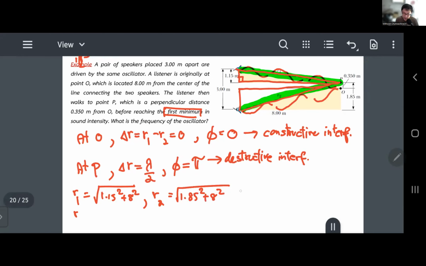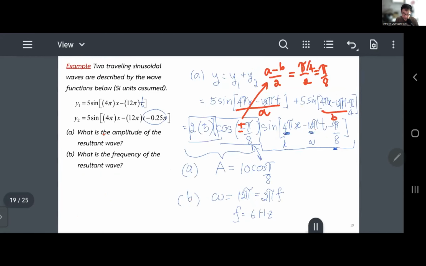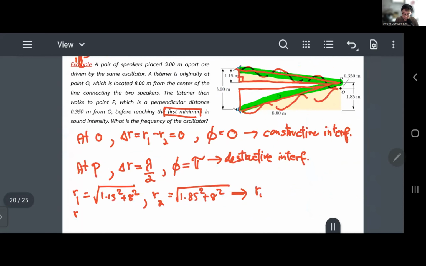Once you have those two, that's it. Because now we know that R2 is bigger than R1, we take R2 minus R1 and equate that to lambda over 2. Once you have that, you're going to be able to figure out the lambda. So the frequency is just going to be,